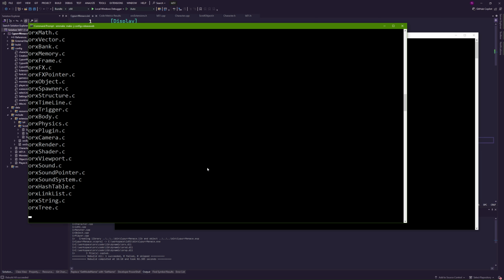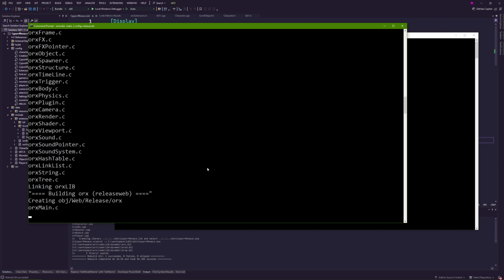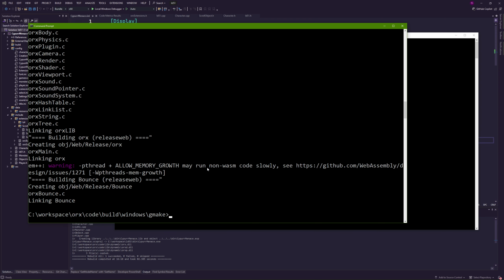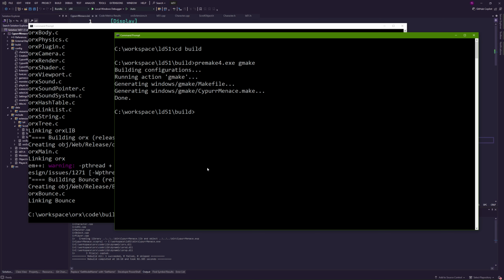We could build the profile and the debug, but I would suggest to do that only if you need to debug or profile your game for the web target. Most of the time, it will just work out of the box. So that's what I'm doing here. I'm only doing the release. And hopefully, I won't need to build a debug one. So we're waiting for it to finish. It should be done shortly. There we go. So now Orx has been built for HTML5 as well.